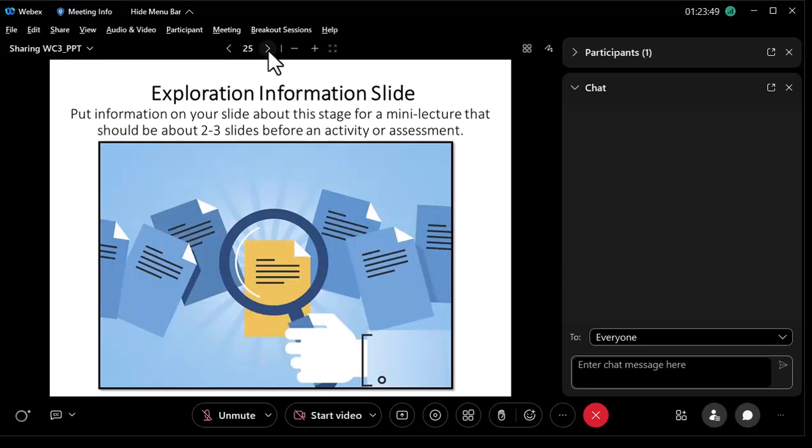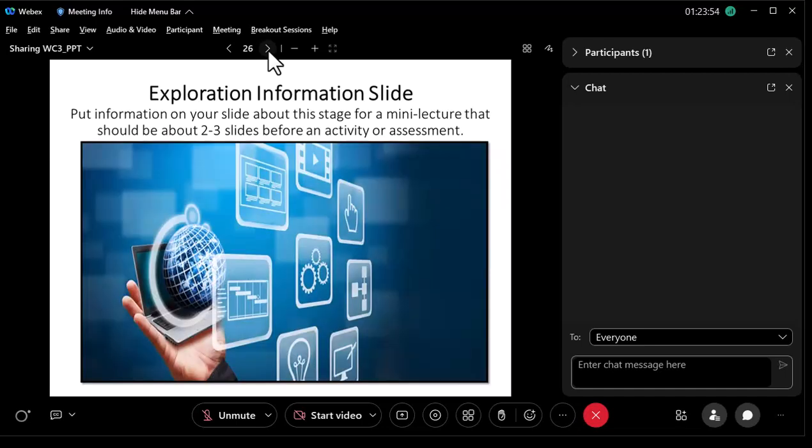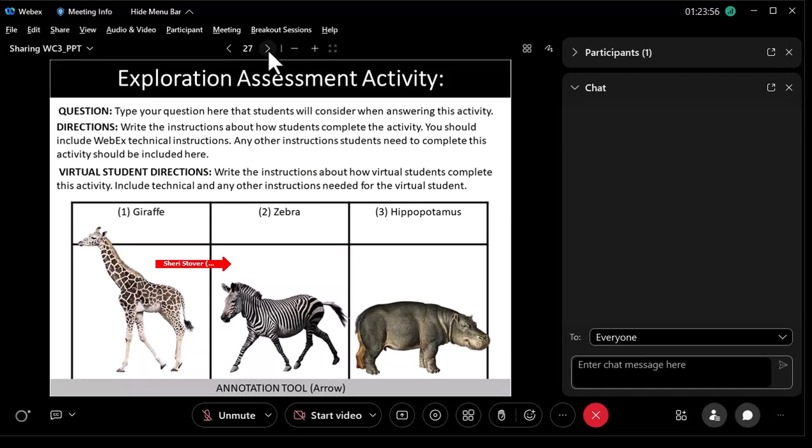So in the exploration phase, these are the mini or micro lectures where you have 2 or 3 slides about an idea or concept, and then you're going to be continually assessing that, hey, we talked about this idea, now let me test and see if you understand it. And how you understand it is with these tools that are built into your web conferencing. So whether it's Zoom or WebEx or Blackboard, there are always tools built into these web conferencing. You just need to figure out the system you're using and how you're going to use the tools.